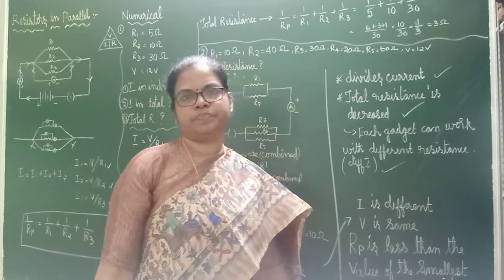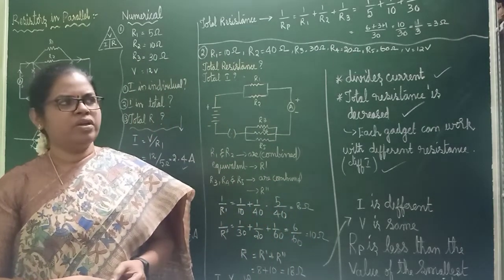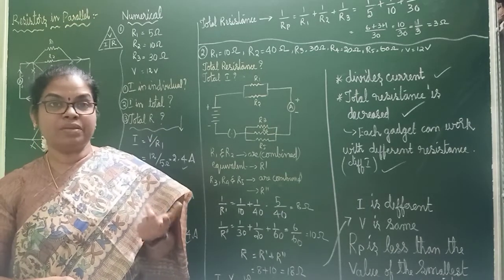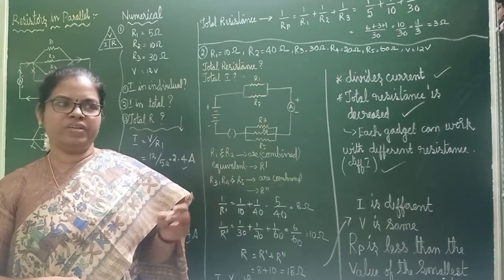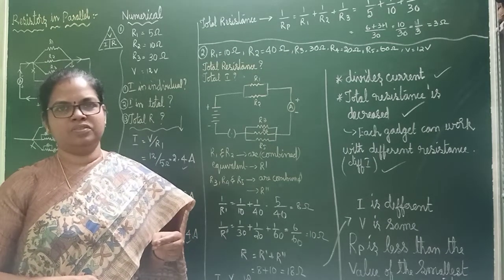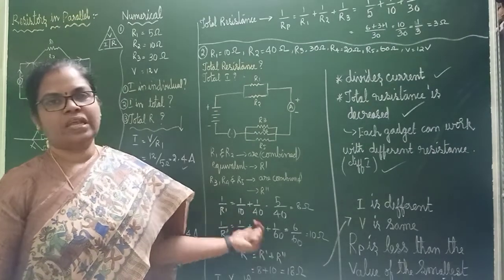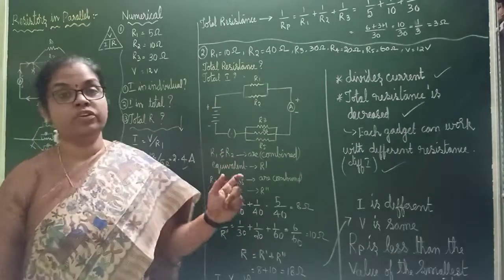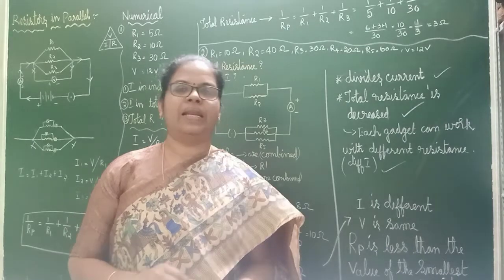Sometimes when we are celebrating some festivals and all, we used to put those serial bulbs, small bulbs, fairy bulbs it is called. In case one bulb is dead, it is very difficult to find out which bulb is dead. So which one is having the advantage? Parallel is having the advantage. So by this we have come to the end of resistors in series and resistors in parallel. Bye.